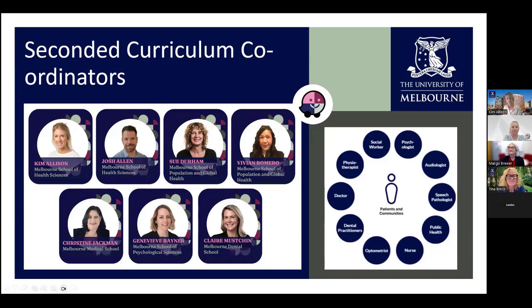So we've heard a little bit about the purpose, the why, of the mapping project, and I'll cover the what and the how and the process and the display under those categories. But just to start with the people, or the who, you can see the team here, and these academics were intentionally recruited across our faculty, and they represented the disciplines which sit in our faculty, which you can see on the right. So as Tina's alluded to, the mapping project was essentially to identify curriculum across the faculty that aligned with the collaborative practice curriculum or the WAYS curriculum,